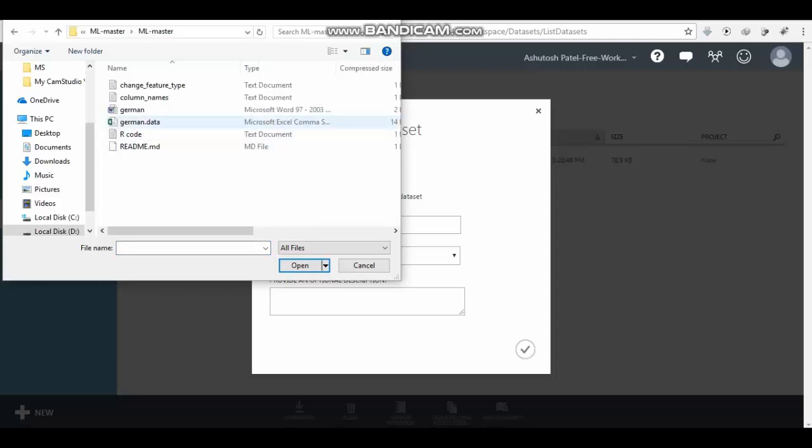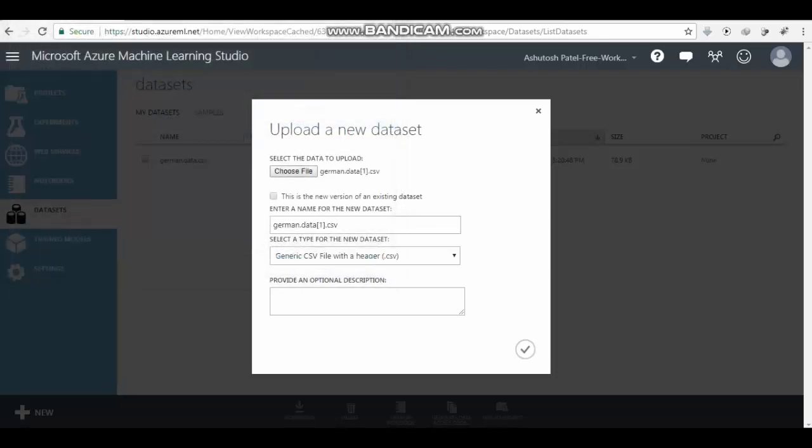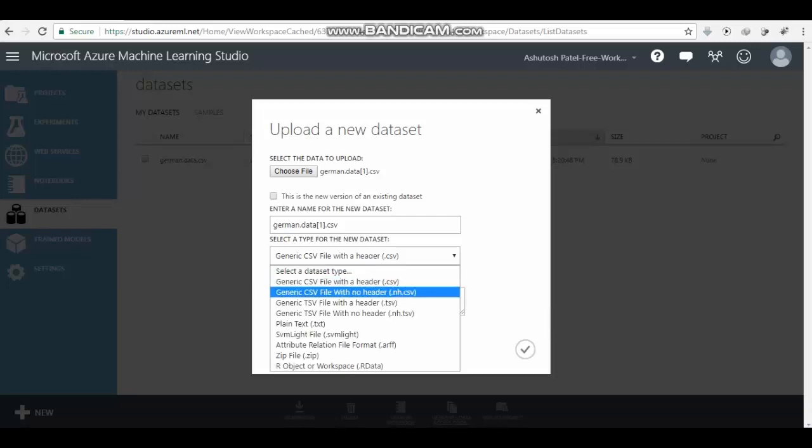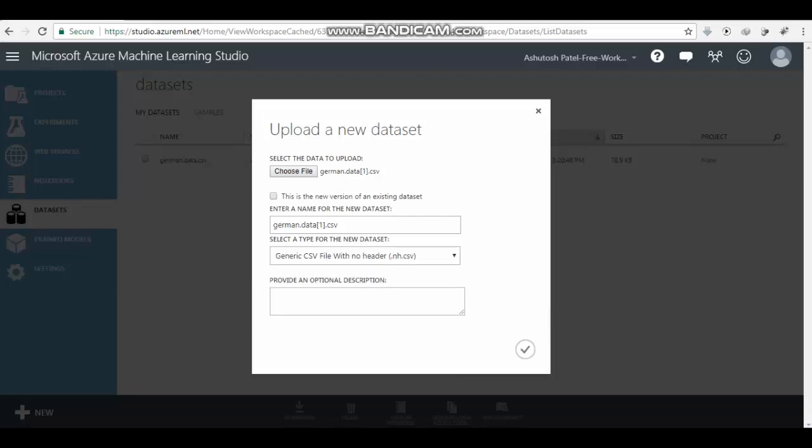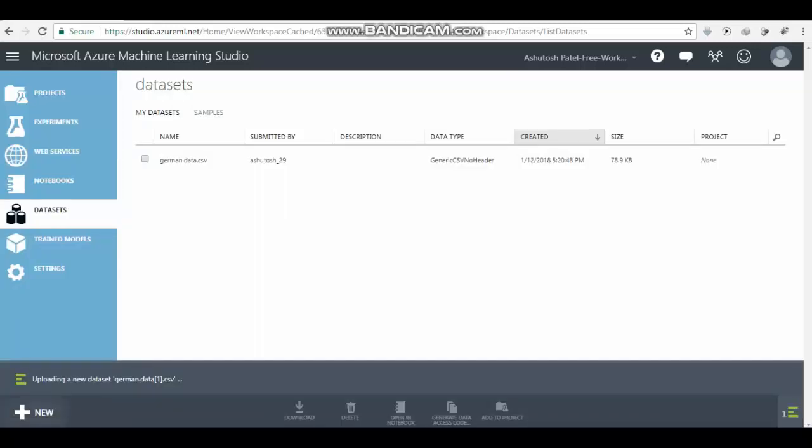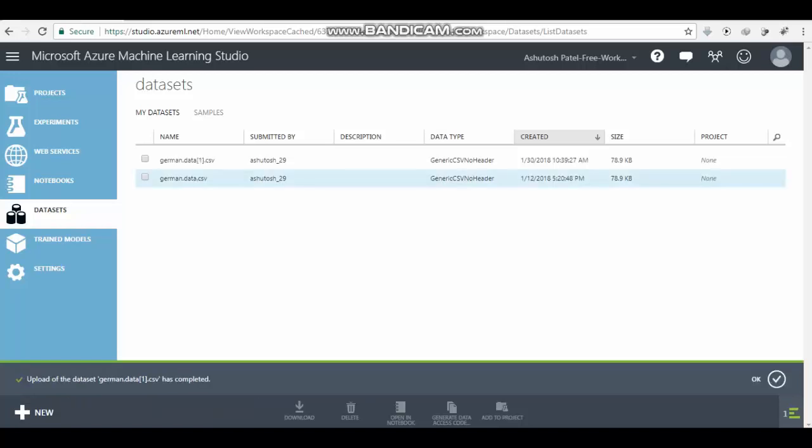And this is my dataset. As this dataset does not have any header, we'll choose this option, generic CSV file with no header. Once it is done, you can see this progress bar. It shows it is uploading. Okay, so this is done.